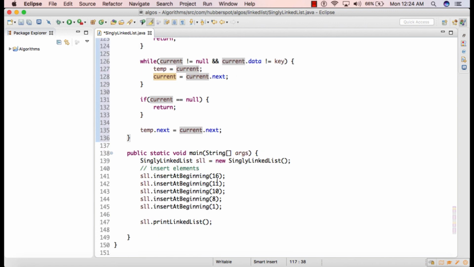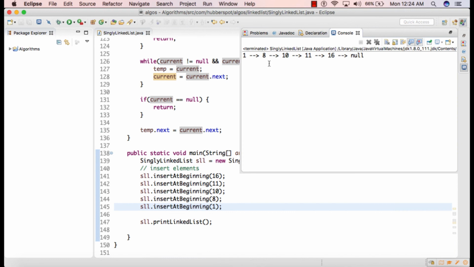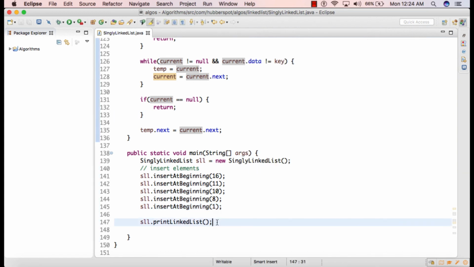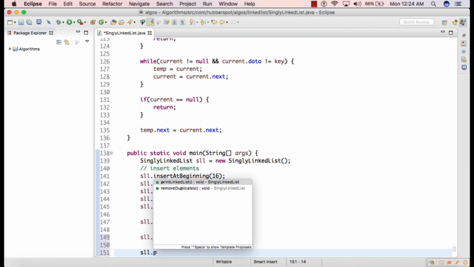Now in our main method, let's see its working. I've created a linked list which we saw in the slide, and if I run the program now, you can see the linked list has 5 nodes: 1, 8, 10, 11, 16. Now let's say we'll delete the node having the key as 11, and we'll again print the linked list.